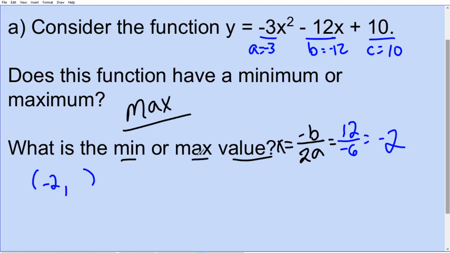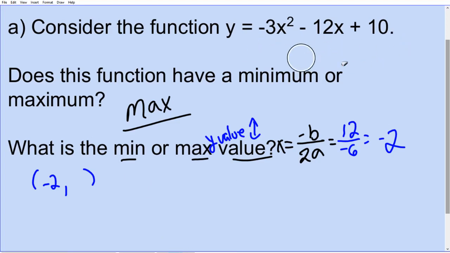But the minimum or maximum is the y value. It's the height. It's the up and down. I now know that my line is symmetrical around x equals -2, but I need to find the y value. So this is kind of like your xy table. Don't need you anymore. If I plug in -2 for my x, I want to find the y value of the vertex. So